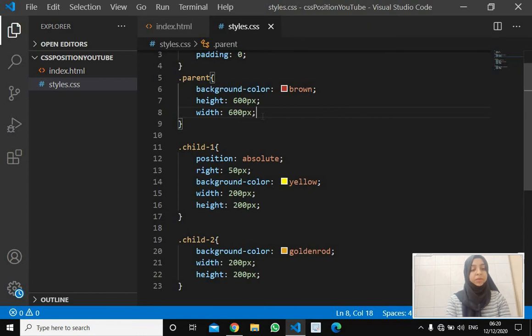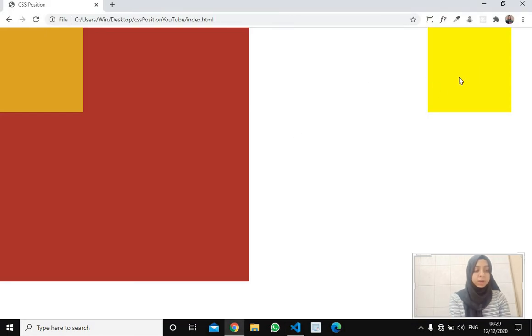But here, as we have not given any position to the parent element, by default it is static, right? So what this element did here is, it assumed the entire page to be its parent element, and it positioned itself based on the entire screen.